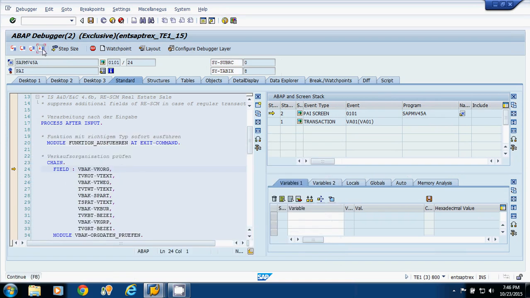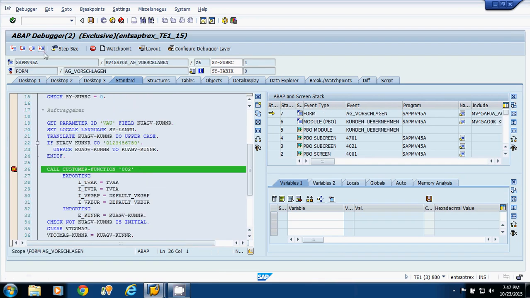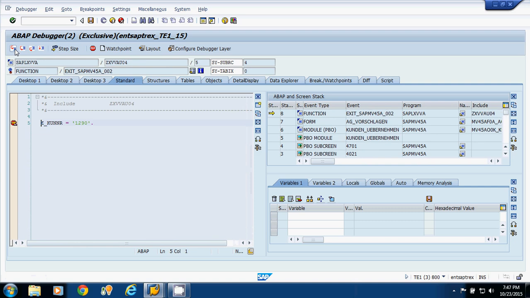I will press F8. Now this is my customer exit which I have implemented. Now if I am pressing F5, see, this is the logic which I have written at that time.